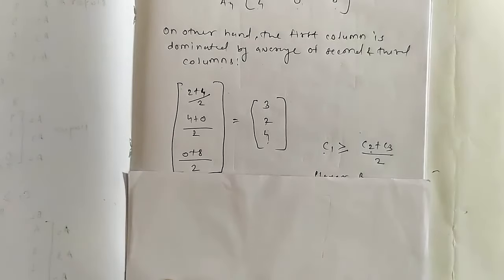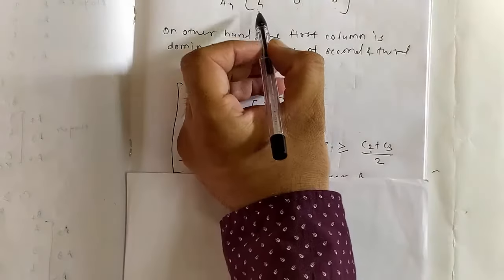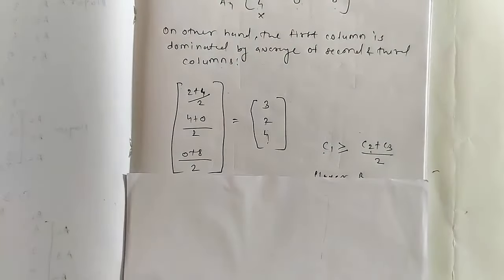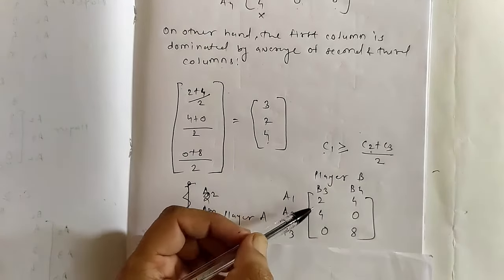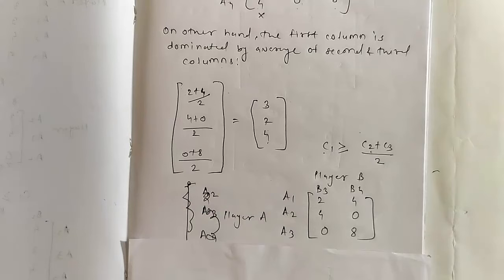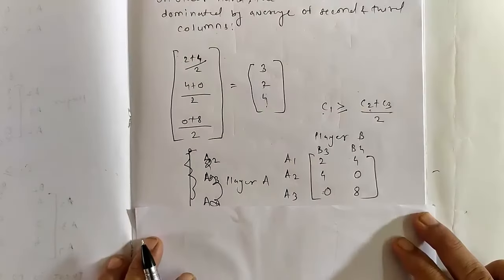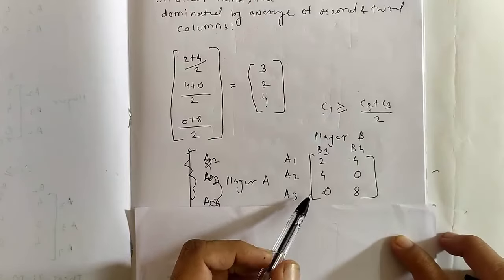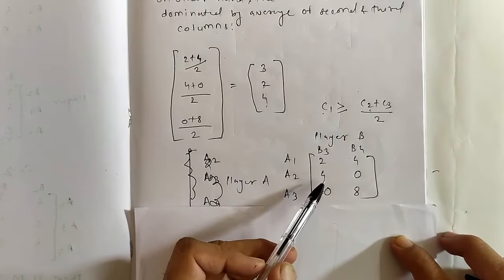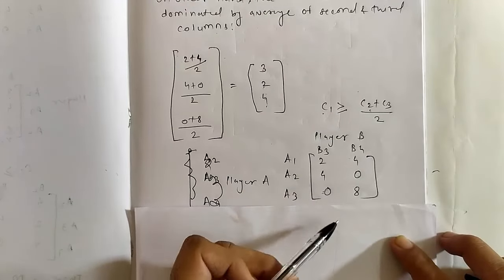According to our dominance rule for the column, we will eliminate column 1. After eliminating C1, now we will get this game. Here also the situation is the same, no column is going to dominate another column, or no row is going to dominate another row. After eliminating the first column, we will get this matrix. Again the situation is the same. In this matrix also no row is dominating another row, or no column is dominating another column.